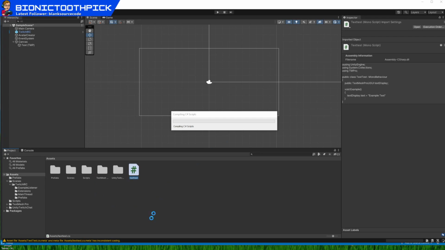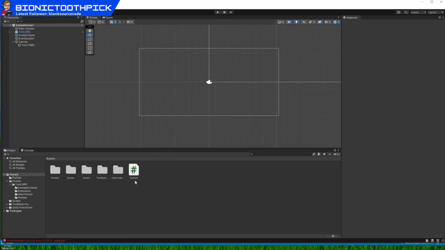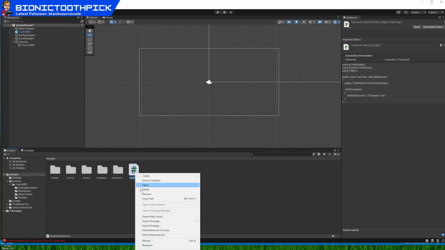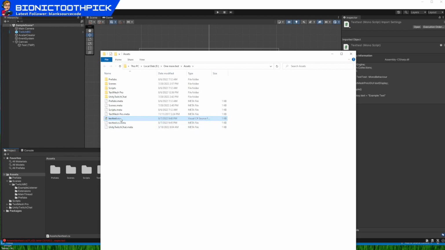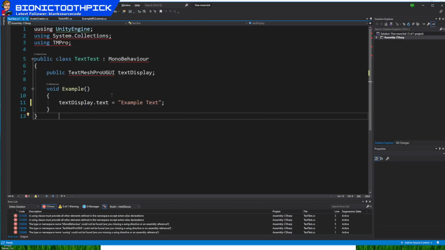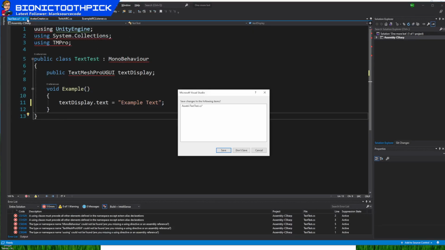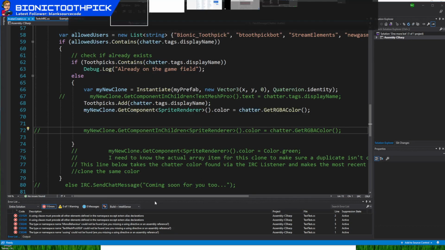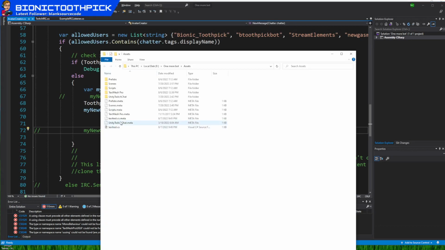So we go back to this. We've got this. Why did it not rename it capital yet? No. It didn't rename it capitalized. Show in Explorer. I want to rename this text to follow the right format. It's not renaming it, probably because it's open in that other. It's probably because it's open in this. Let's close it. Save changes to the following, save. Now if I go into it,